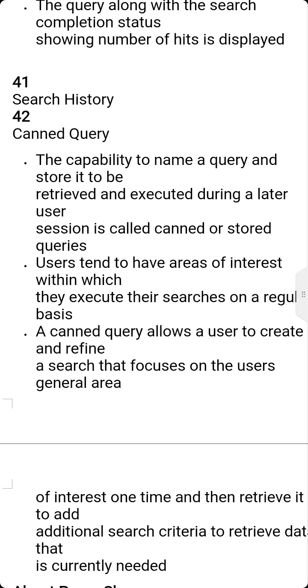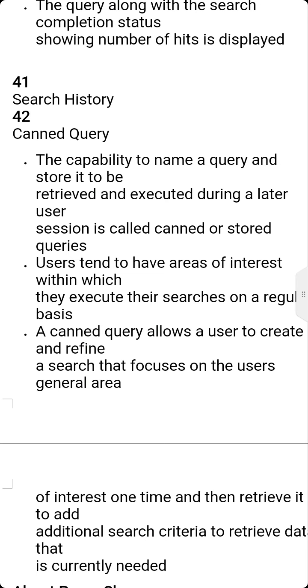For example, they have given European investments. Rather than always having to create a query that limits the search to European geographic search terms, the specific question requiring resolution will be added to what is already stored.